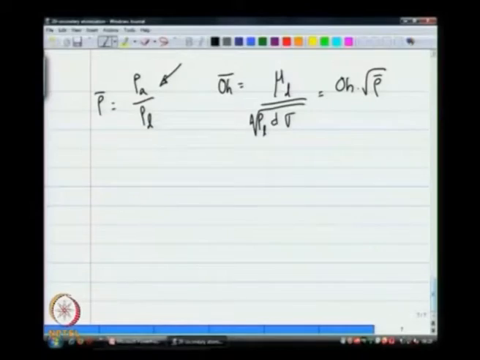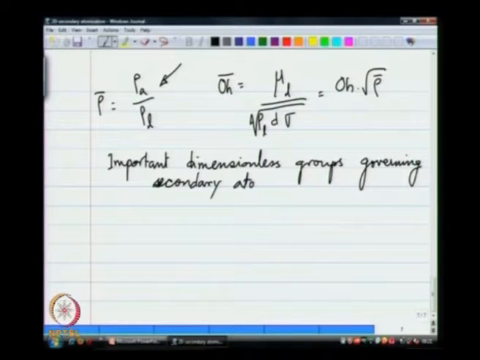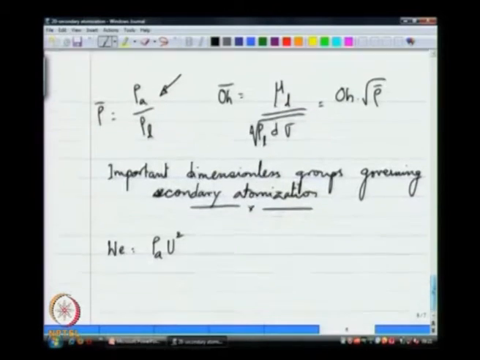What we are going to do is start from there and say I could have the important dimensionless groups governing secondary atomization are, we have a Weber number which we showed,